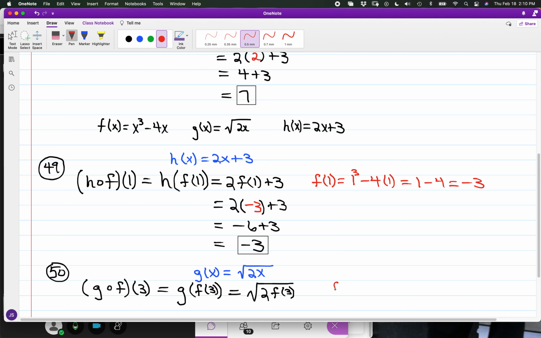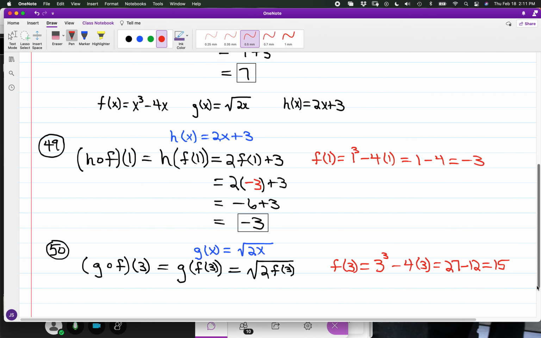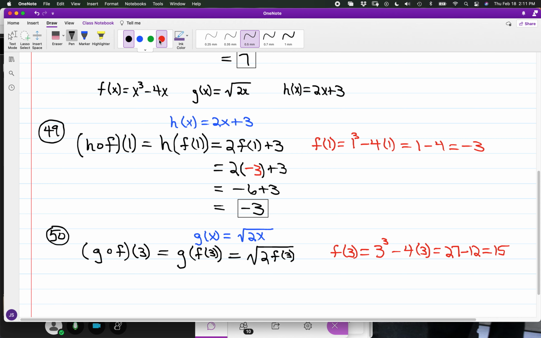And for the evaluation of f of 3, deriving from f of x, we're going to have x cubed, so this will be 3 cubed minus 4 times 3. 3 cubed is 27. We have minus 12, and 27 minus 12 comes out to 15. So with f of 3 at 15, we have in the follow through